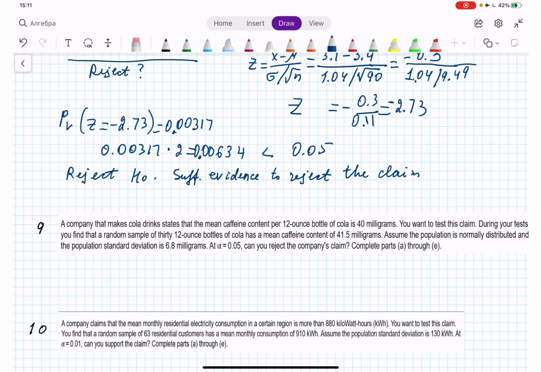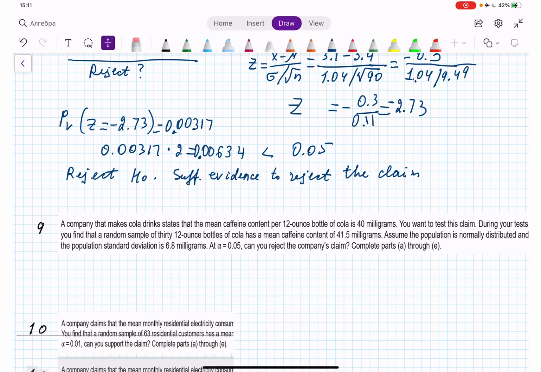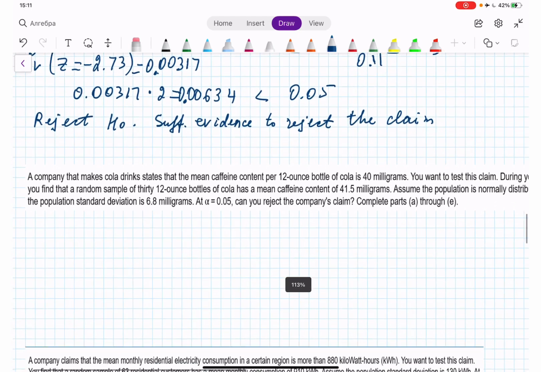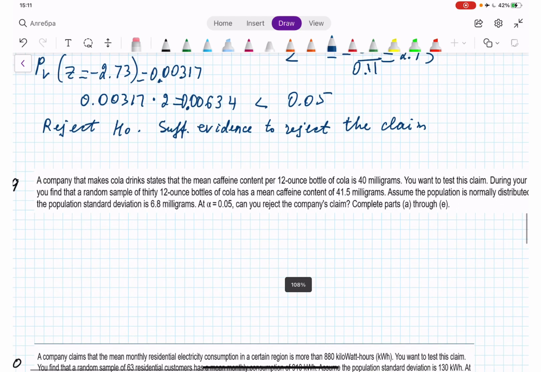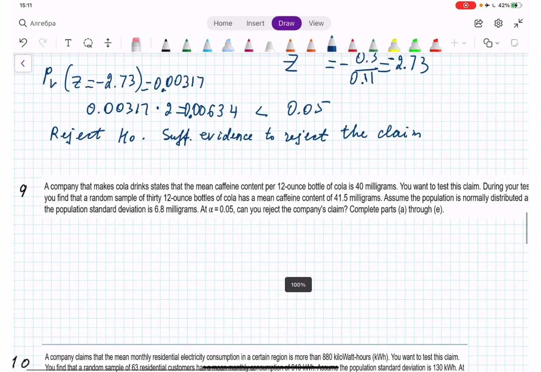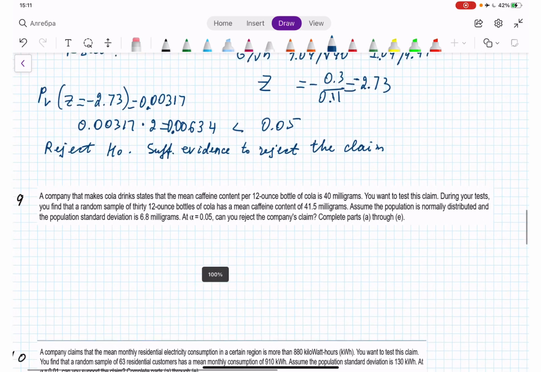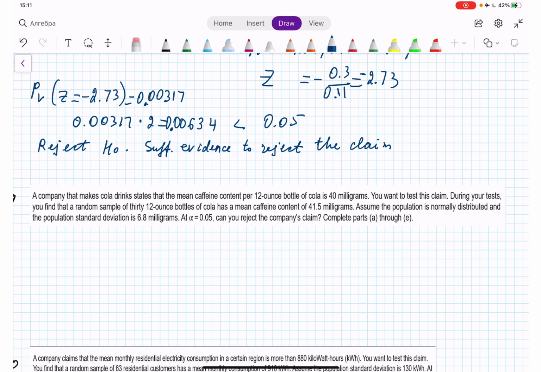A company that makes cola drinks states that the mean caffeine content per 12-ounce bottle of cola is 40 milligrams. Okay, mu is 40 milligrams. You want to test this claim. So during your test, you find that a random sample of 30 12-ounce bottles, so n is equal to 30, I'm sorry, 30 cans